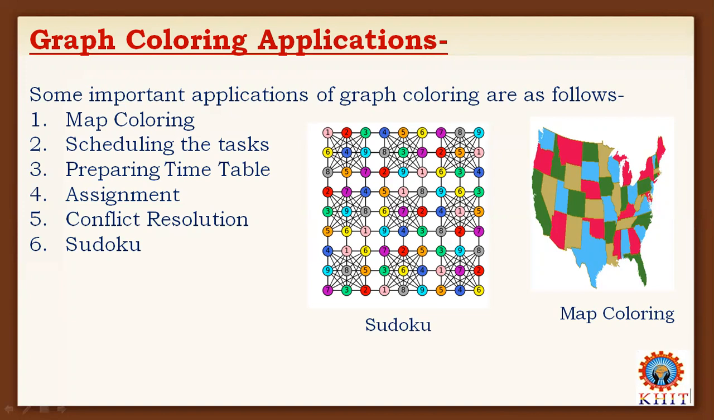Map coloring, to observe clearly, this is the map coloring. Assume that this is a country, India. India has some number of distinct states. Each state has its borders. Now, I want to color the